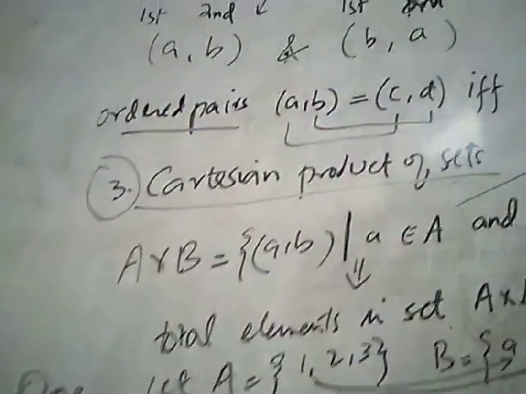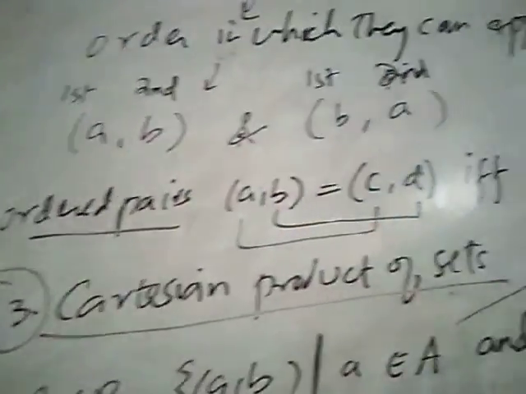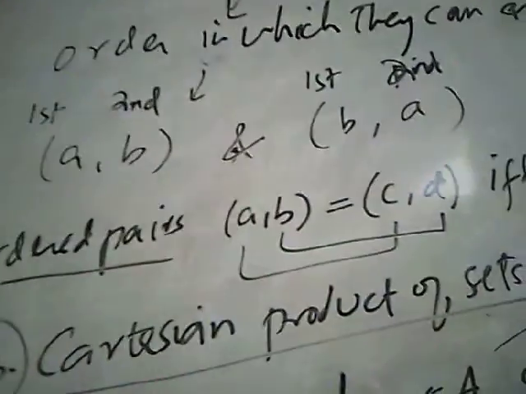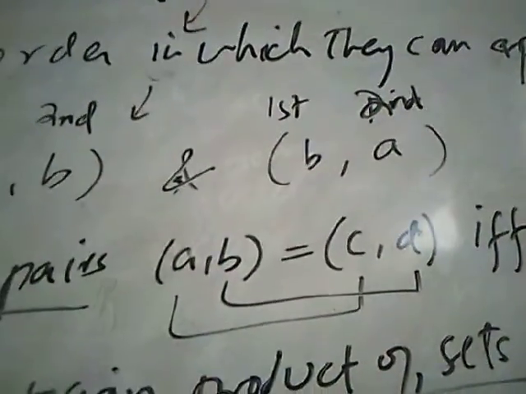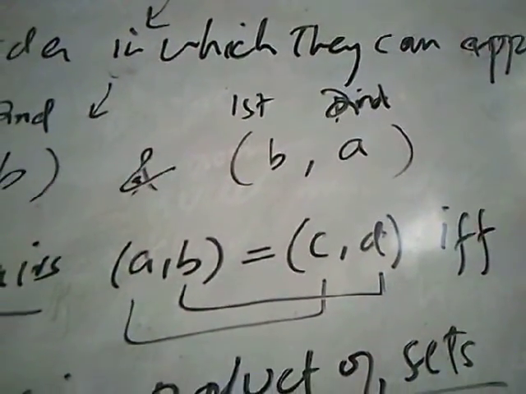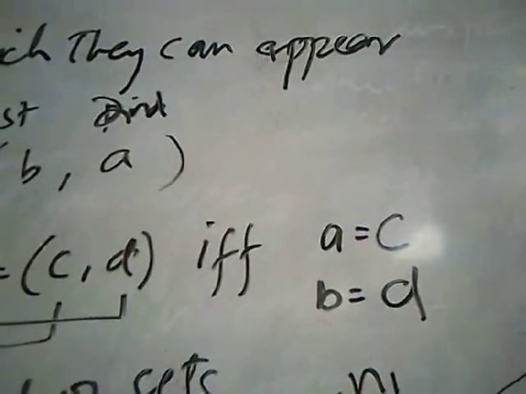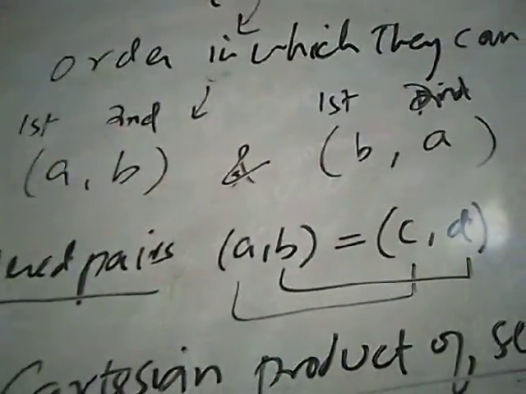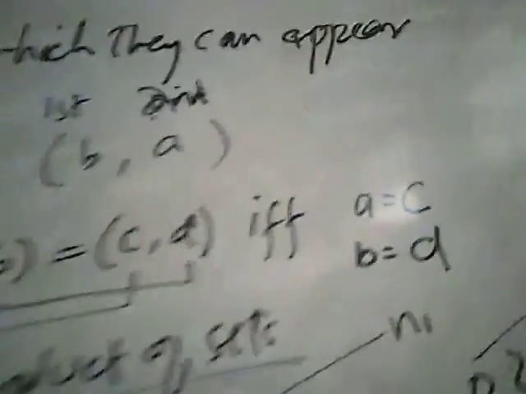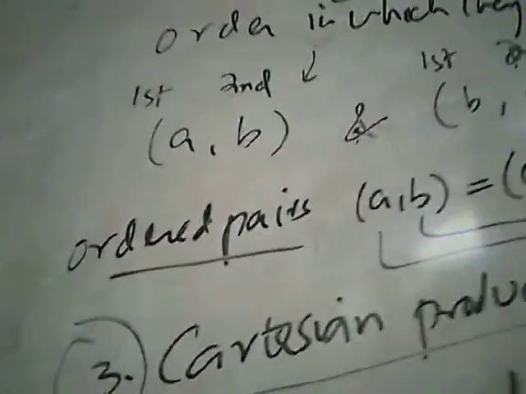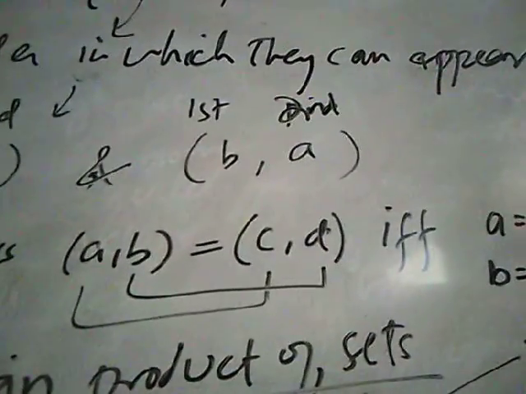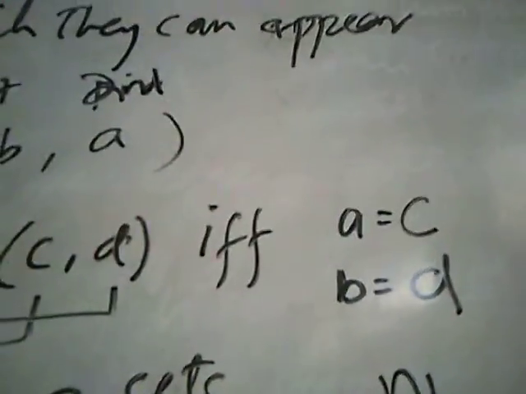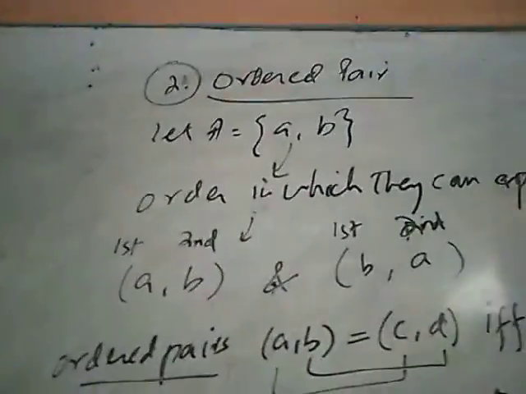Now moving on to one of the important properties of ordered pair: if you have two ordered pairs AB and CD, and you're saying that ordered pair AB is equal to ordered pair CD, it is only possible if and only if A is equal to C and B is equal to D. That is, there is one correspondence between the members of the ordered pair and they are numerically equal as well. So this was the ordered pair.